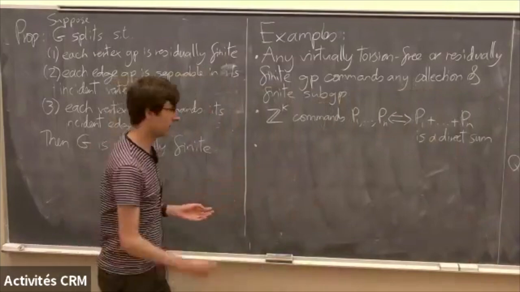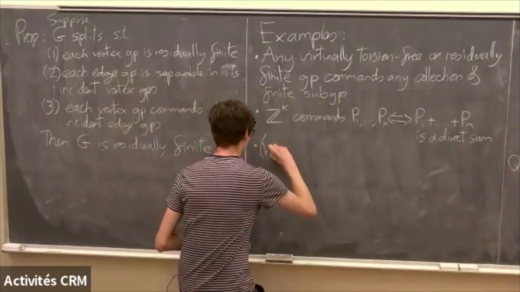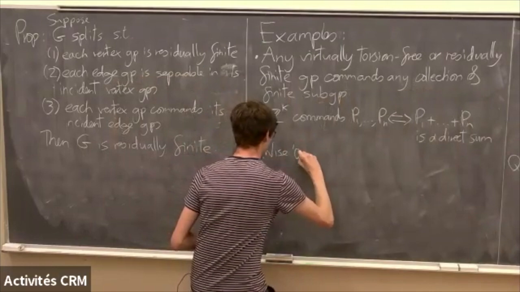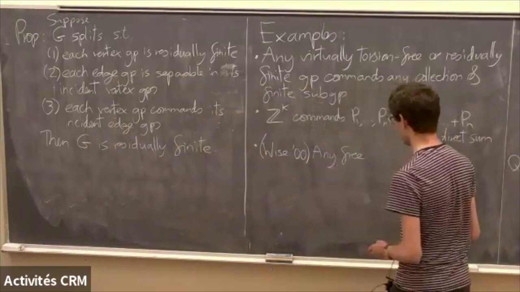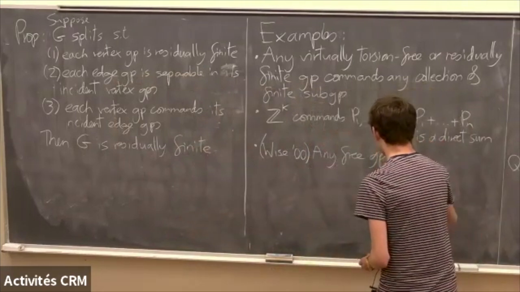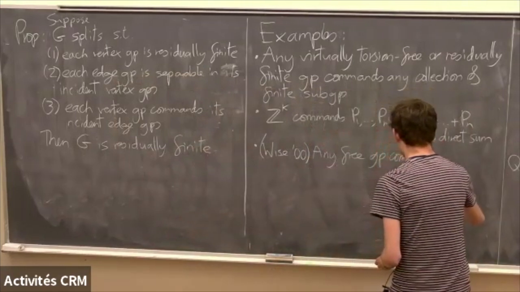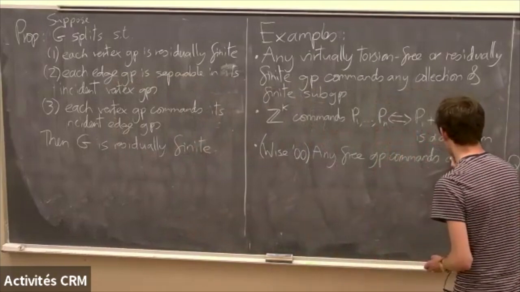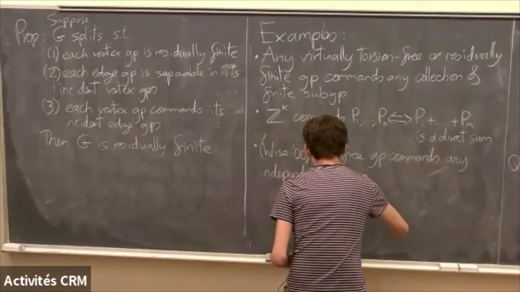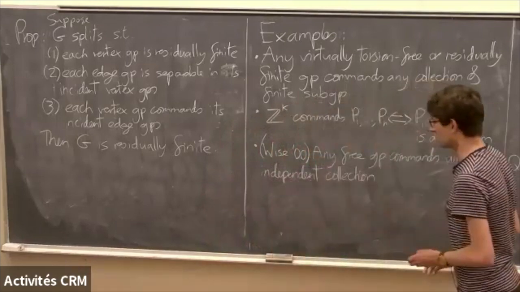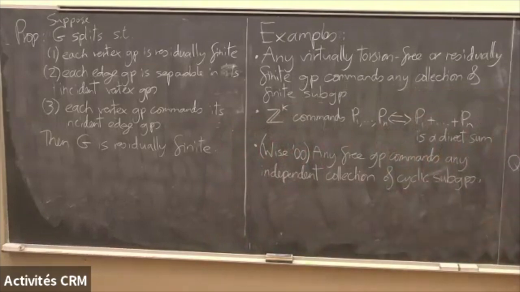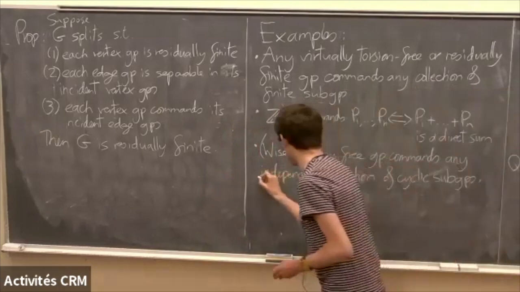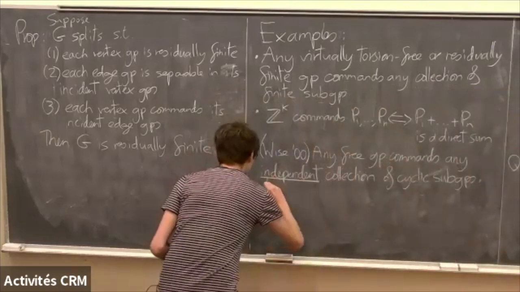Okay, next example, a bit harder. This is due to Wise. Any free group commands any independent collection of cyclic subgroups, where independent means that